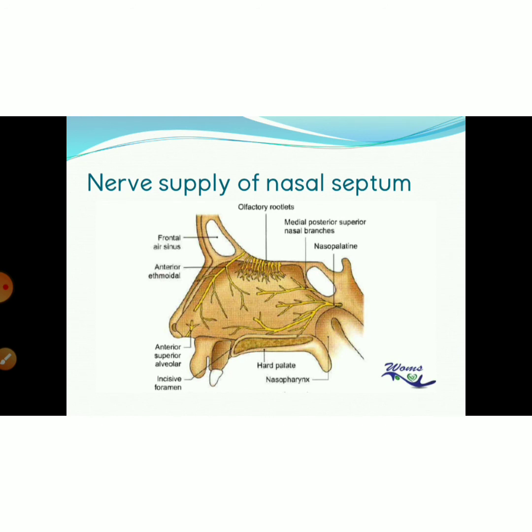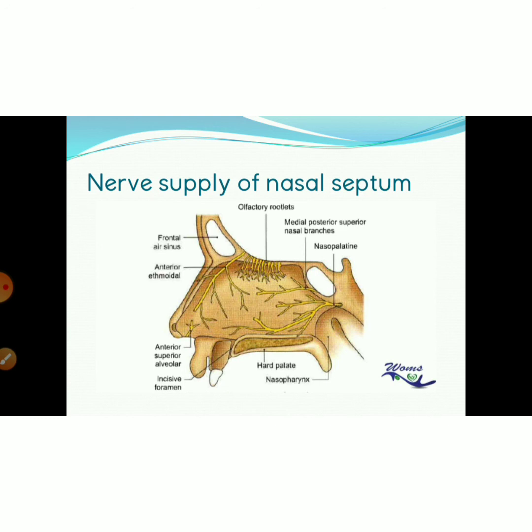Then there are nerves for general sensation. The nerves of general sensation are the anterior ethmoidal nerve, which is from the nasociliary nerve, which is a branch of the ophthalmic nerve. Then there are short nasal branches of the sphenopalatine ganglion from the maxillary nerve, the nasopalatine nerve from the sphenopalatine ganglion, that is also from the maxillary nerve. The anterior superior alveolar nerve from the infraorbital branch of the maxillary nerve. The greater palatine nerve from the sphenopalatine ganglion, that is also from the maxillary nerve. So those are the nerves for general sensation, that is from the ophthalmic nerve and maxillary nerve.